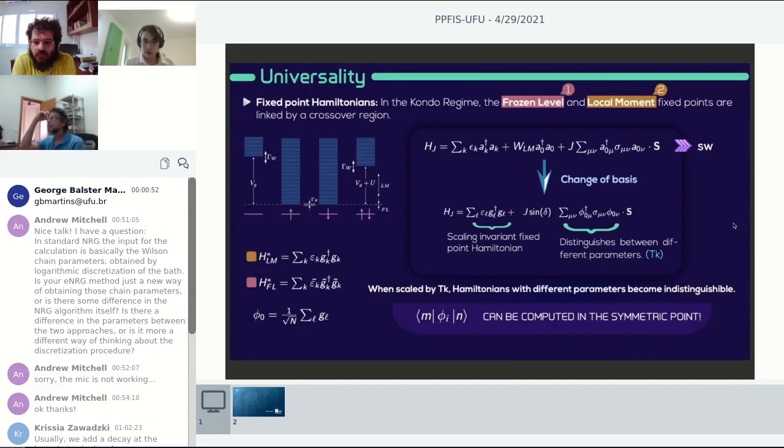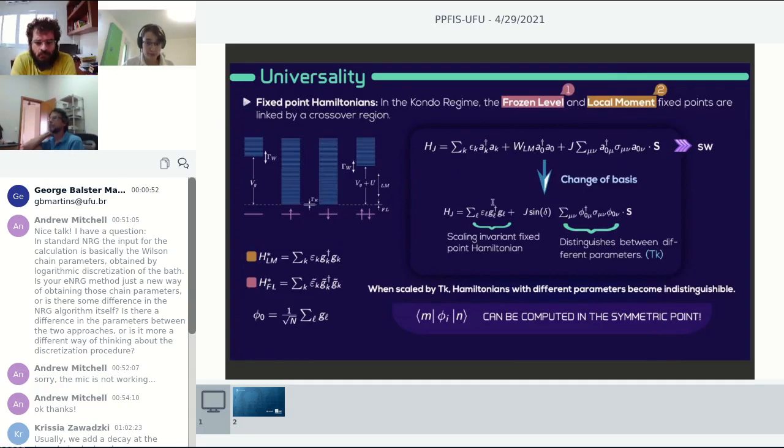Then in the Kondo regime, we also know that the Schrieffer-Wolff transformation takes the Anderson model into the Kondo model. So in this Kondo regime, I can rewrite the Anderson Hamiltonian like this. In the symmetric point, because Hj has to be particle-hole symmetric, this potential W must be zero. Moreover, if we are at high temperatures, we saw that this is irrelevant, because this is what couples the impurity and the conduction band. So in the symmetric point, we can compare Hj with HLM, and we'll find that A